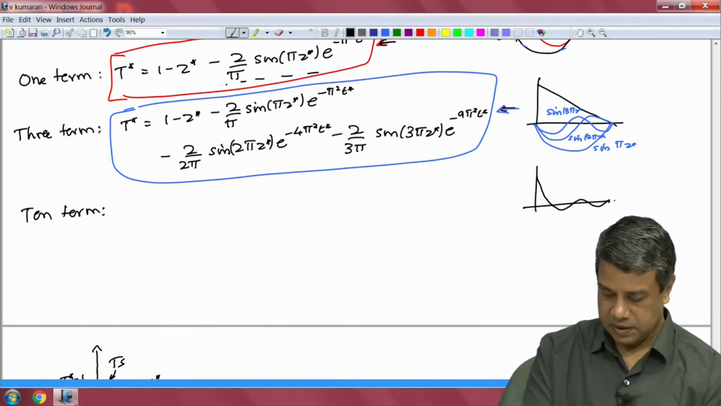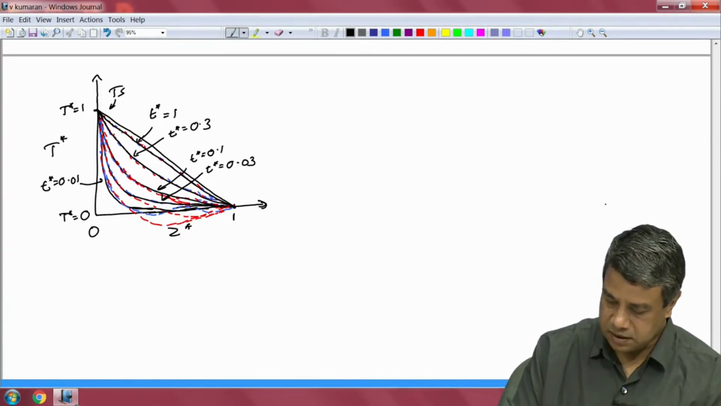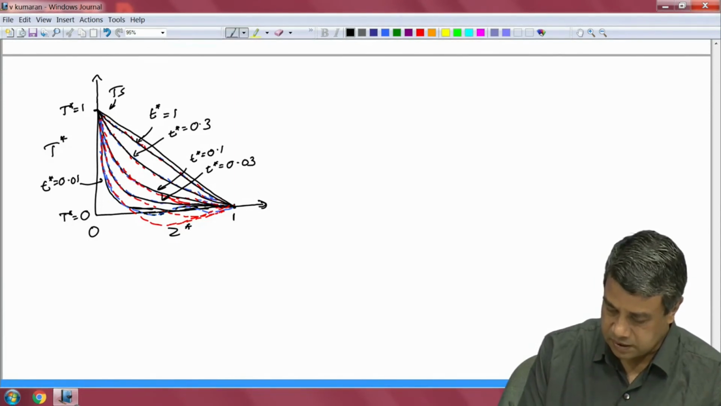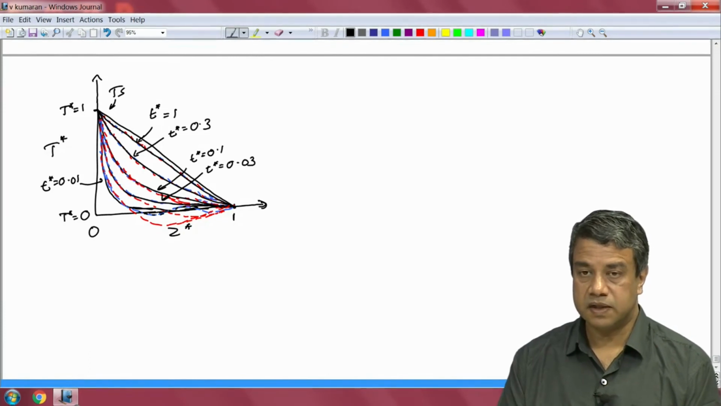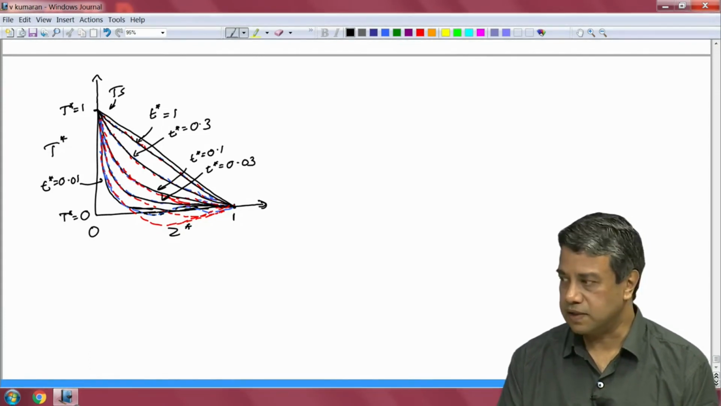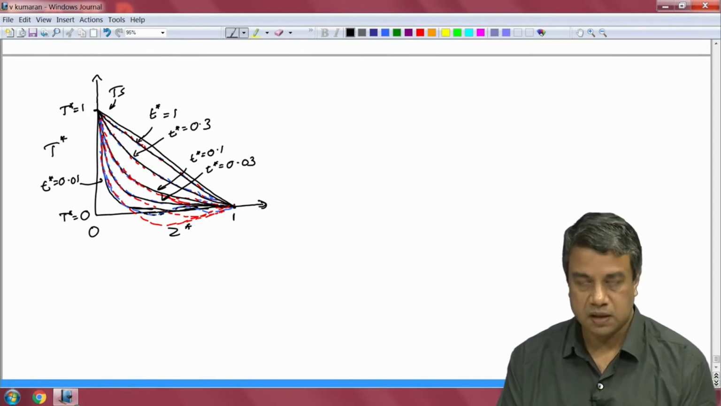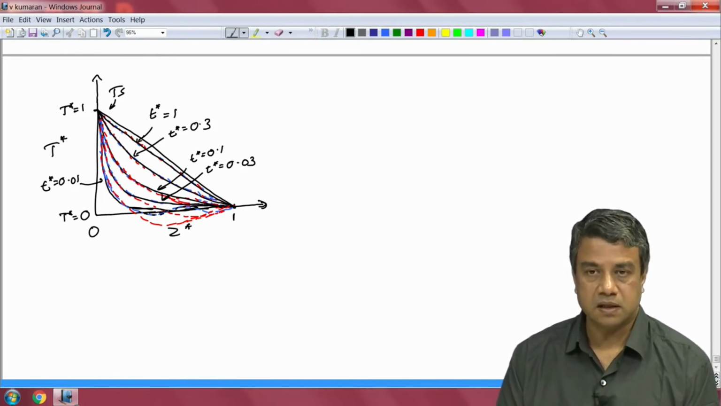Okay. And that is what you are getting in the 3 term approximation here at very early times. You are getting spurious oscillations there as well. Note that the temperature has to vary between 0 and 1. Okay. You cannot have the temperature going below 0. Okay. So, those are the errors that are incurred by this series solution if you retain a small number of